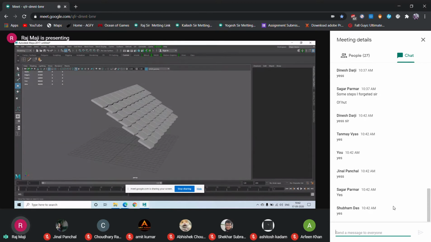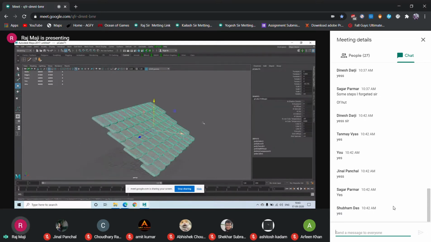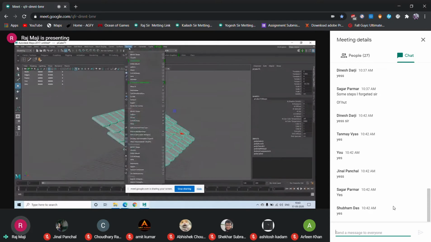Every weather change, every year after the monsoon, it will settle down a little bit. Again, next year it will settle down more. Next year it will settle down more. It will be like this. Though it is a clay tile, still it will happen. So in that case, what can be done? For the first time, I am going to deform.